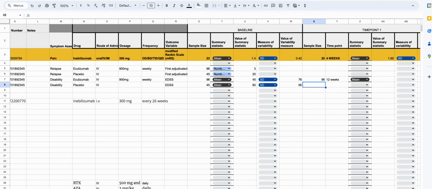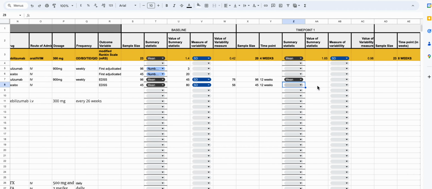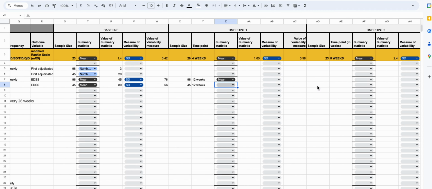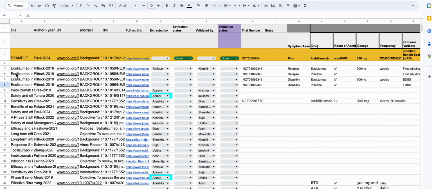So I would add the sample size of 45. Then the time point is 12 weeks, and then I would again enter mean and standard deviation. So this is how we have to enter the data, by adding more rows and filling out these details in the same way, right? And then after you are done, you would just have to include your name in these columns and write done. And the second person